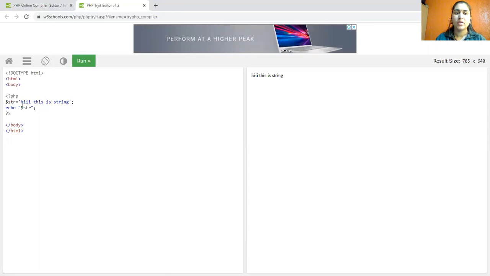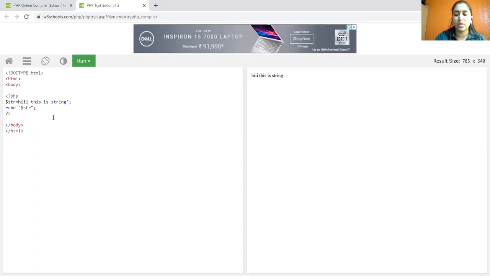Now the difference between double quotes and single quotes. Consider I'm going to write over here the string in double quotes or single quotes. If you want it to display as it is, it will be in single quotes. Suppose in double quotes I have written $str.